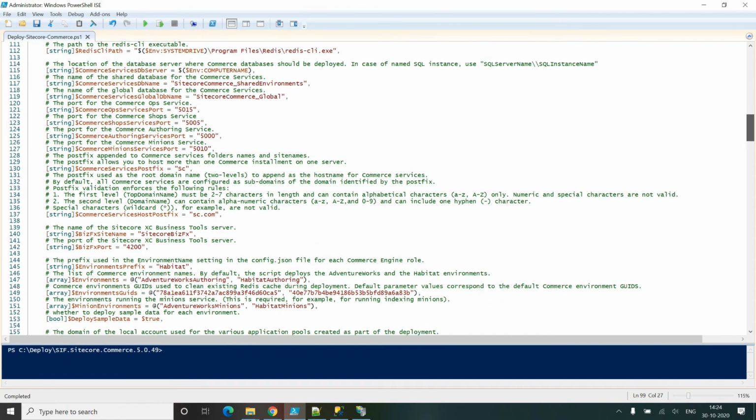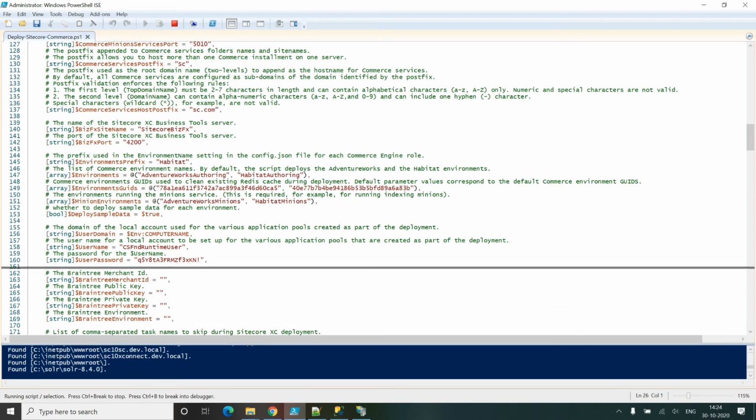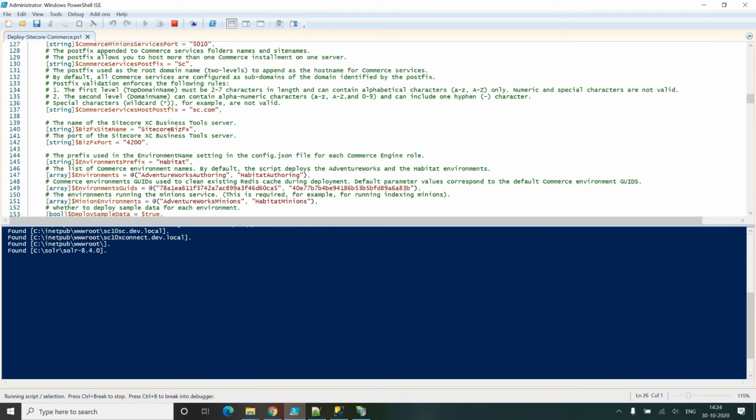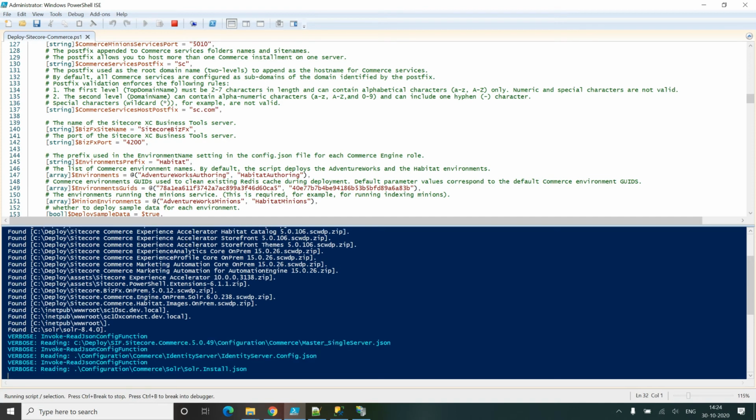So now all looks good according to me. Let me just run this script. It will identify everything and start to install Commerce into your Sitecore Experience Platform 10.0. So now the installation is going on.